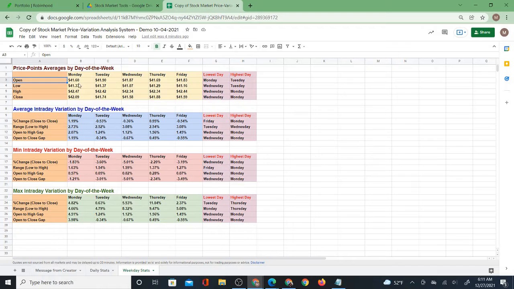What does that mean? What that means is that if you're looking at the open price in particular for the past 90 days, the average open price on Monday is $41.60, the lowest average open price, whereas Tuesday has the highest average open price of $41.90. Now it is very close to the others, but this is the greatest distance that you have in price